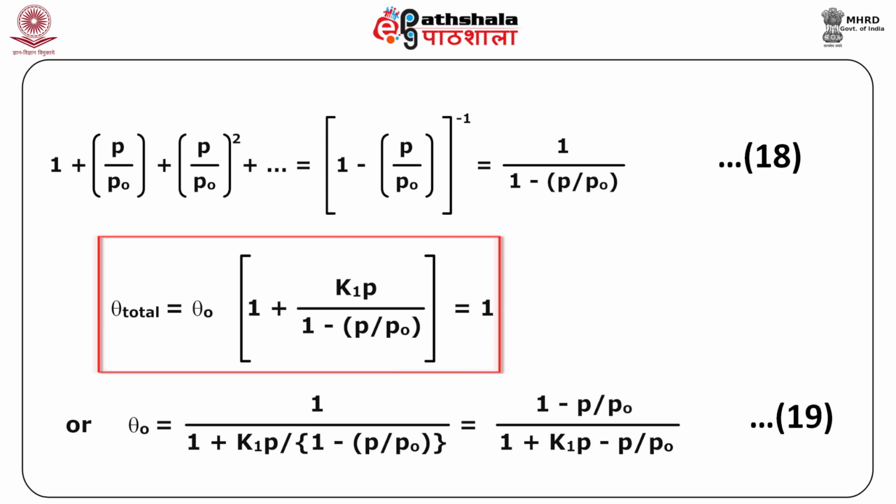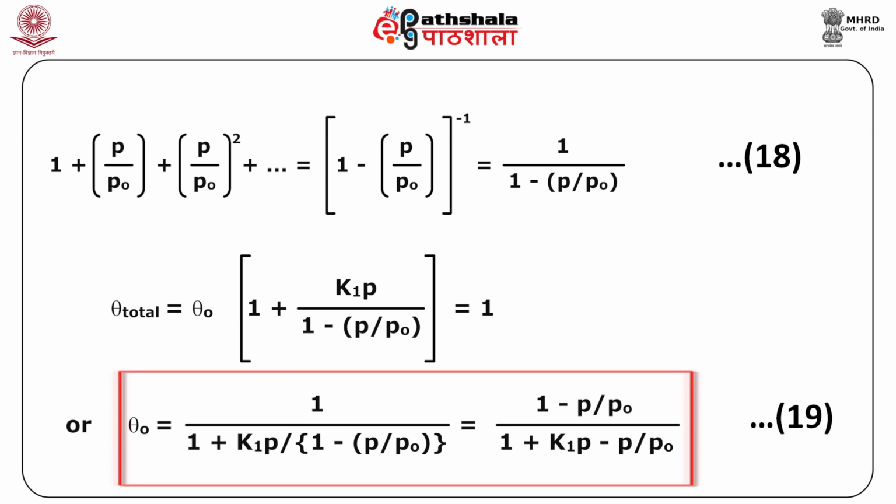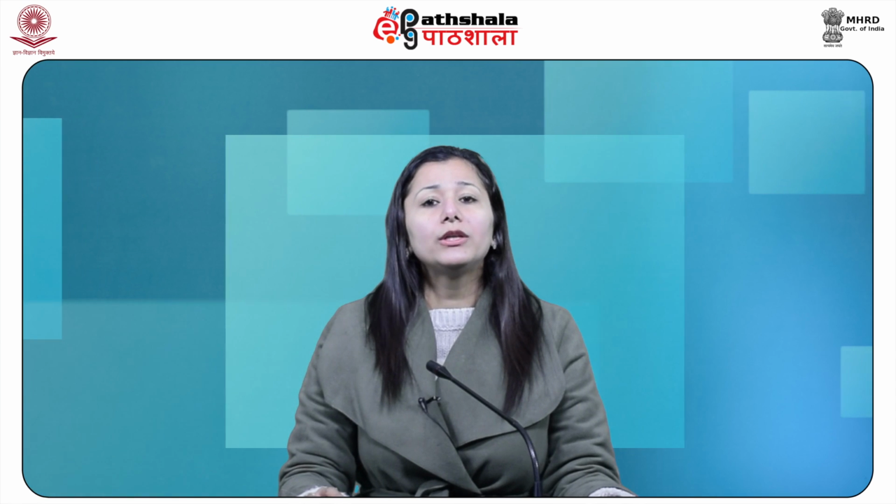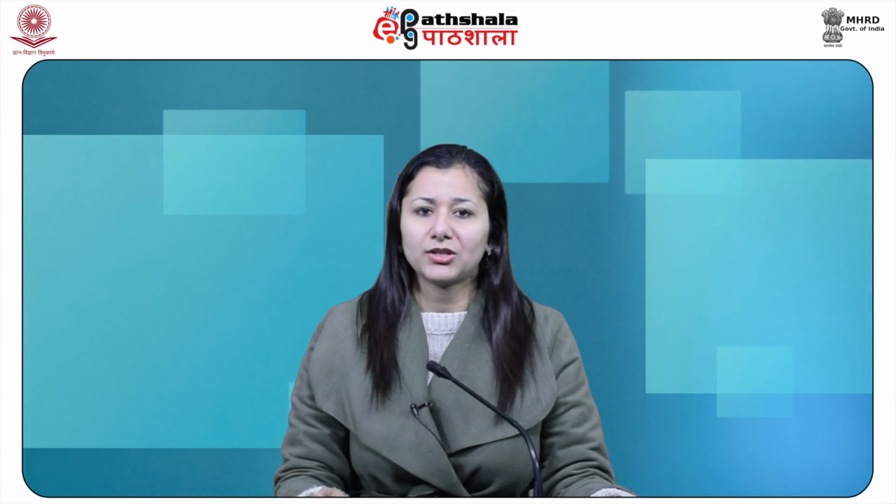1 plus K1P divided by 1 minus P by P naught equals 1, or theta naught is given by the expression shown in equation 19, equal to 1 minus P by P naught divided by 1 plus K1P minus P by P naught. The total volume of the adsorbed gas corrected to STP, that is, standard temperature and pressure,